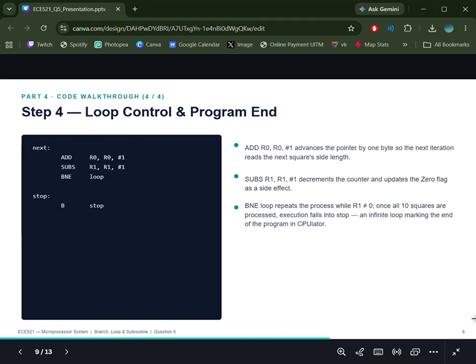So for the last part, loop control and program end, the code ADD R0, #1 advances the pointer by 1 byte, so the next iteration reaches the next square side length. And then we have SUBS R1, R1, #1, which decrements the counter and updates the zero flag as a side effect. And then we go to BNE loop, which repeats the process while R1 is not equal